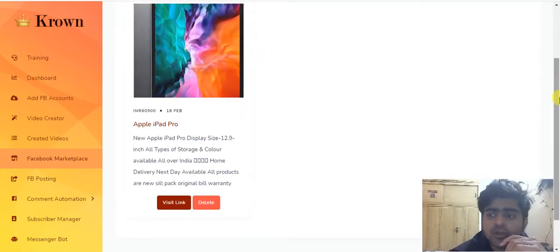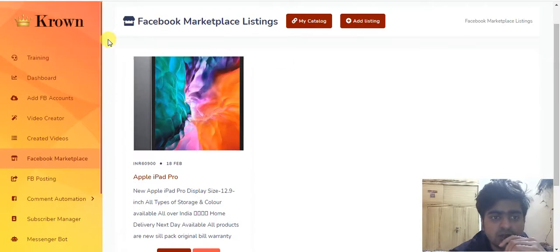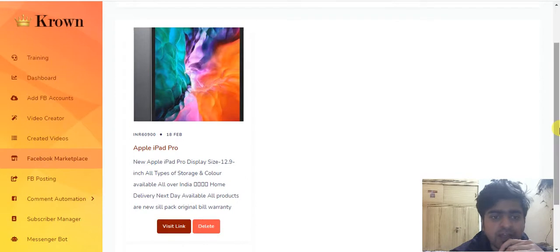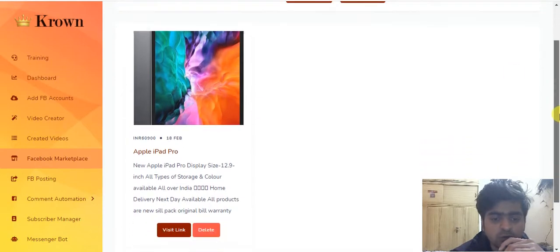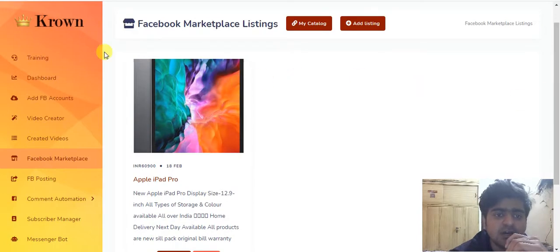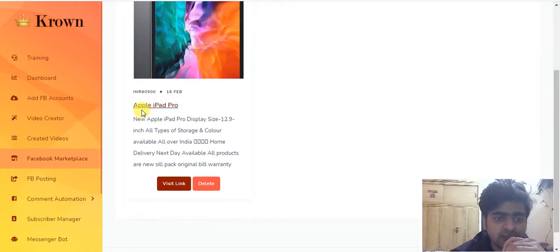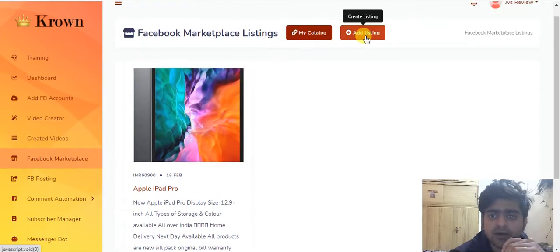Here you can add products, and you can set the cost to whatever you want, and you can bring the traffic of Facebook Marketplace here. You can add your listing here, and you can see here is an Apple iPad Pro. So you can add your listing from here.